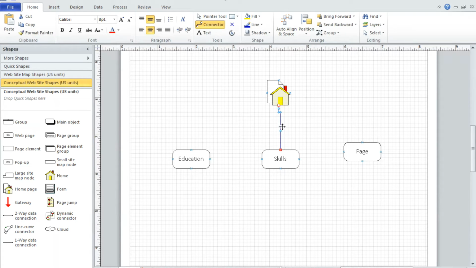Now, what you're going to have to do as well is connect all of these to your index page. And they're all going to come from the index page. Now, I'm also going to connect these to each other, and I'll show you why in a minute here. But this way everything is kind of connected in its own loop, and I'll show you how to do that in a moment here. So next thing you're going to need,